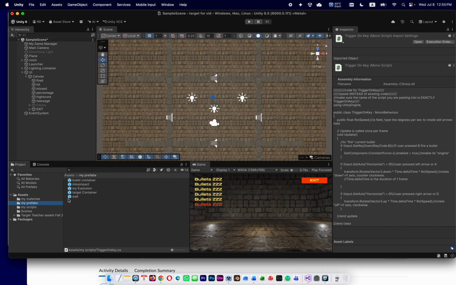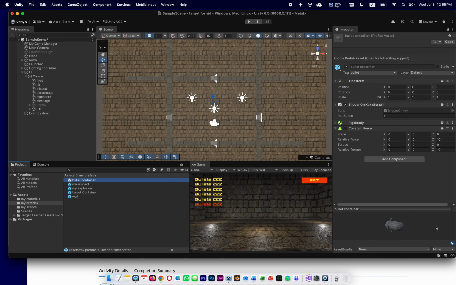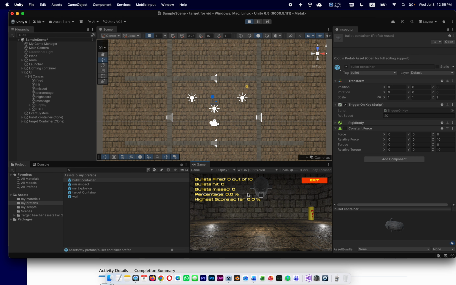In the prefab called bullet container, there's now a script with one public field, rotation speed. As long as it says 0, it will never rotate. So I'll change it to 20. What does 20 mean? It means it's 20 degrees per second if I keep holding the key. So now if I play, I should see the bullet. Now pressing the left or right arrows, see how it's rotating very slowly, like 20 degrees every second, or the other way. And when I think I'm aimed at the right place, pressing the key B,